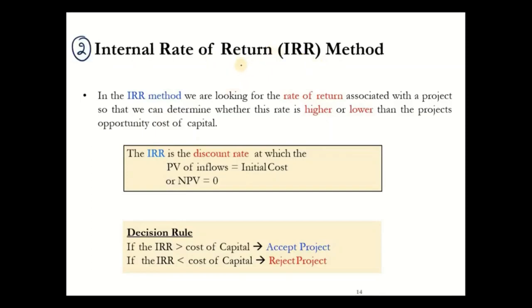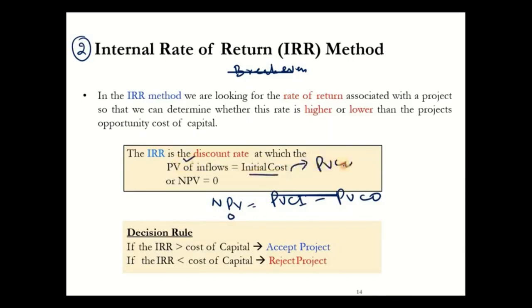First of all, you need to understand that IRR is the method where you are at break even, right? If you see, NPV is equal to present value of cash inflow minus present value of cash outflow, right? When you are at break even, it means you are not making any profit. When you are not making any profit, then the present value of inflow should be equal to the initial cost, or the present value of cash outflow. Okay, so it means